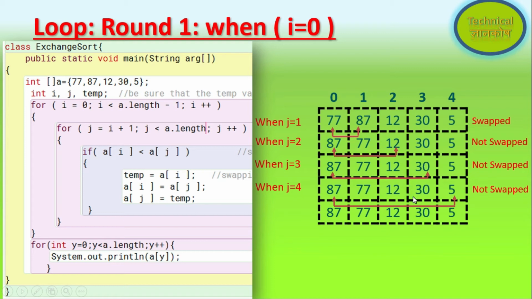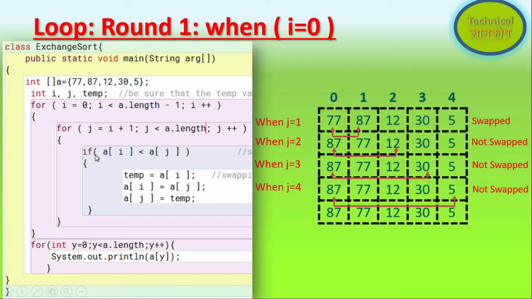So see the program. This is the first round of your program. I have already indicated all the elements, how your program is executing and how your compiler is processing it, that we have already done. In this class we have a main method. We have an array. This array has 5 elements, starting from index 0, as you know. And we have two loops. The outer loop starts from 0. The initial value of i is 0, and the inner loop starts from i plus 1. Suppose the value of i is 0, then j will be i plus 1, meaning 1.